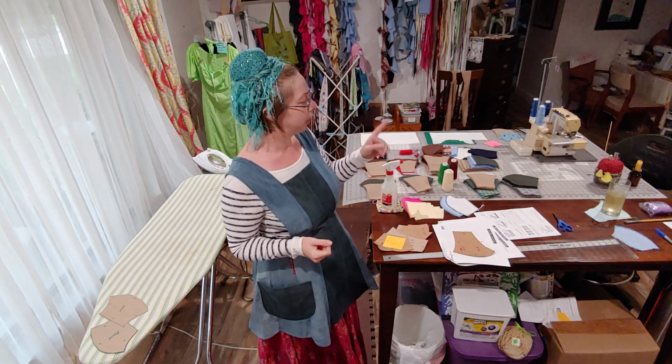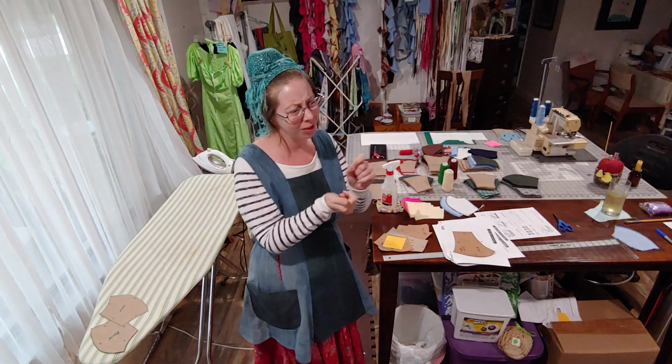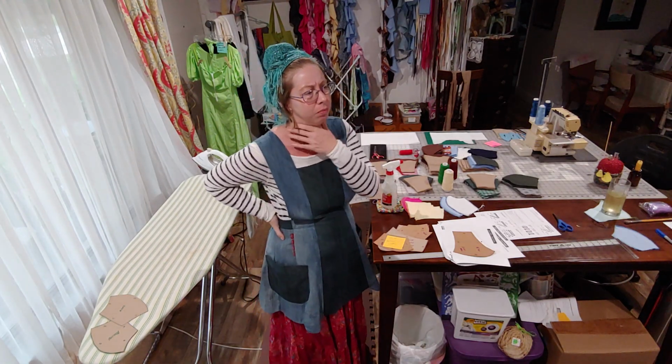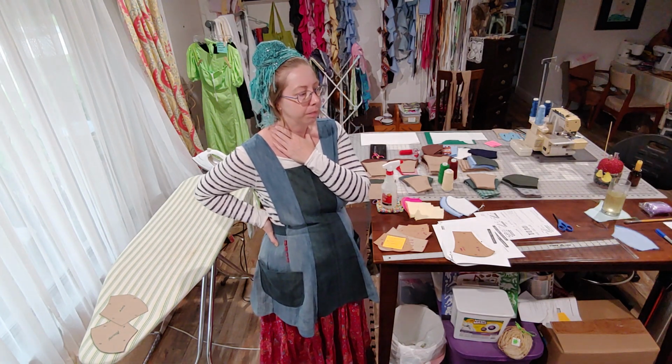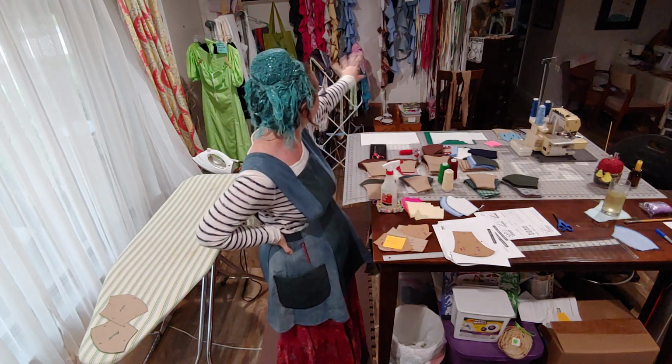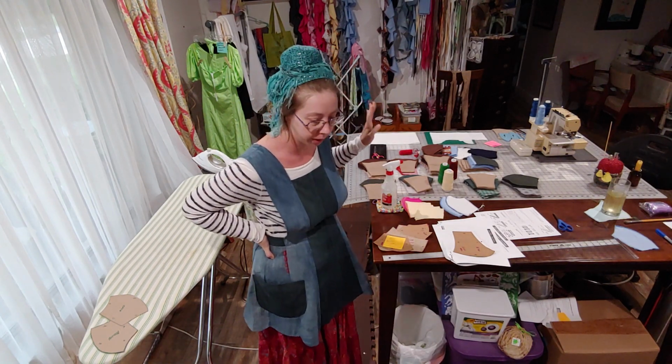And I also made a big mistake when I was trying to serge them all together. I was trying to be clever and see if I could get them all serged together, but I made a mistake and I've got to rip out some serging. Not too much, thank goodness. I still have more that I didn't mess up over there and plenty more cut out to practice. But anyway,